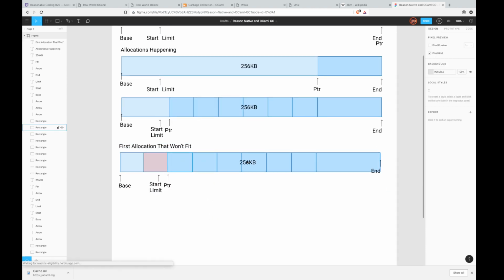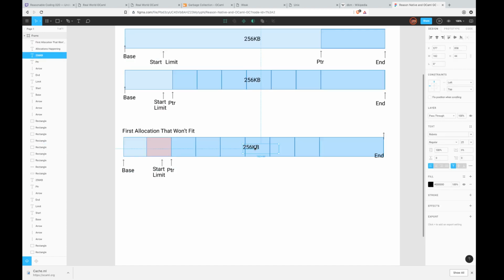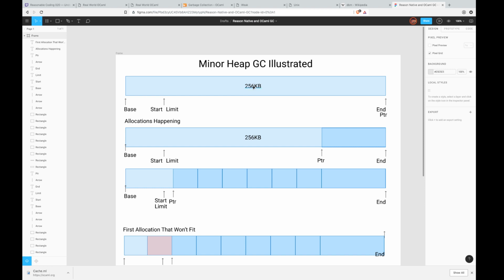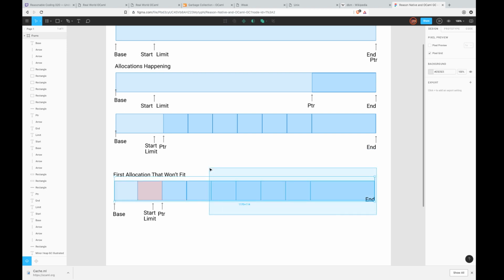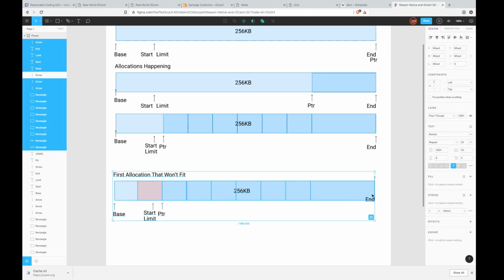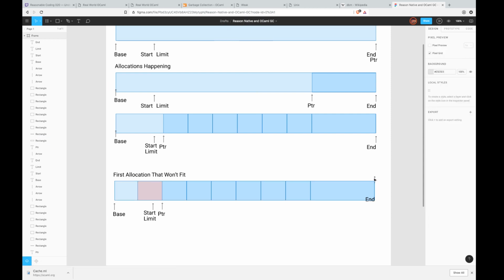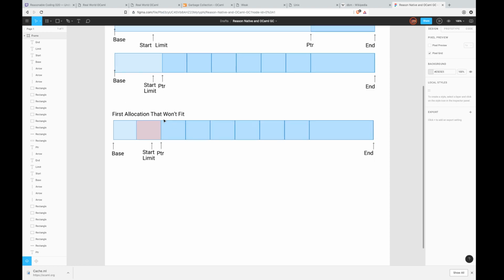So by now we can check which one of these values are not being used, and if we find any that is being used, right, then we can move it around. So actually the size of the heap doesn't really matter anymore here. I can also do a little, just wait, I messed something up after removing the sizes. I messed up the arrows. Oh, those are still messed up, okay. Never mind about that. I'm just gonna move this below. Cool. So first allocation that won't fit, and then